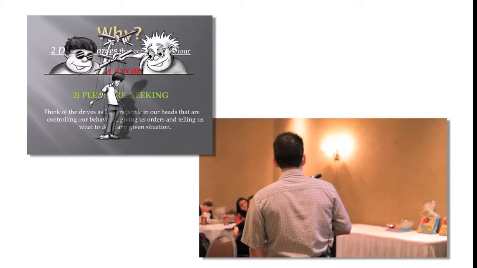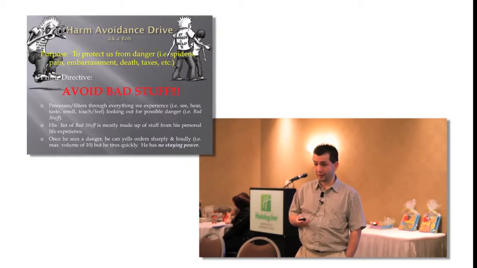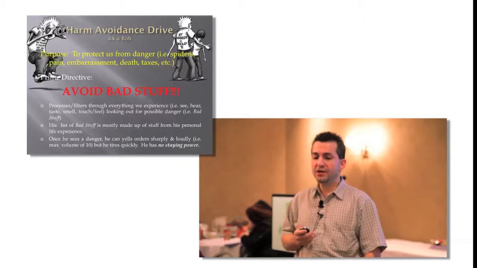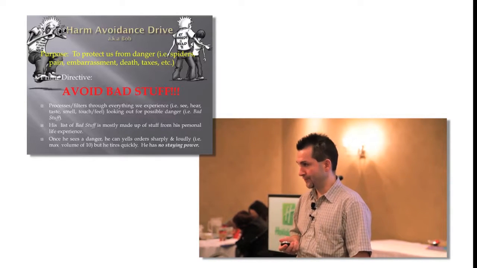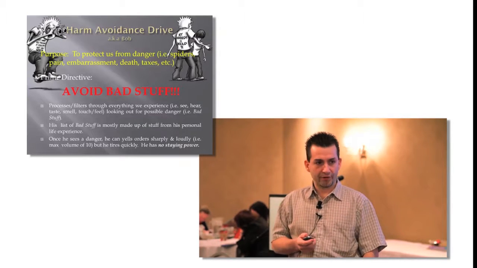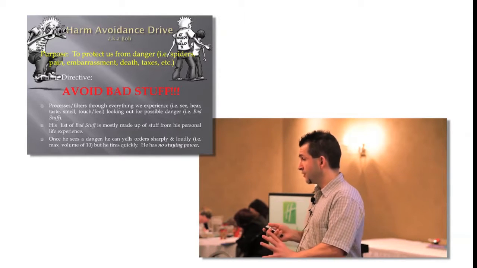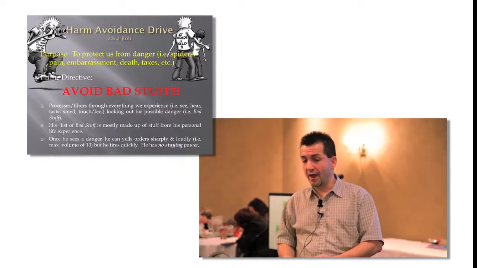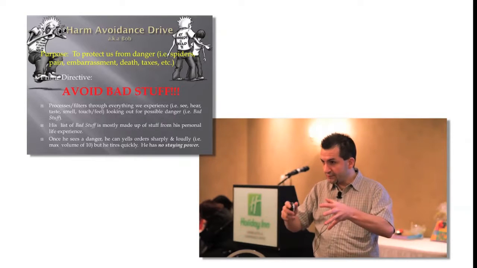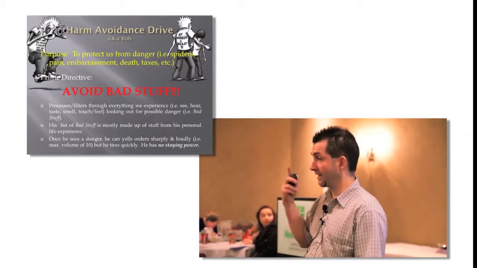So the first guy we're going to talk about is Bob. Bob is the harm avoidance drive, that neural network that exists in our brains for one purpose alone, and that is to make sure that we stay away from danger, that we stay away from the stuff that is going to hurt us. And the way that he works is by constantly monitoring the environment using the 5 senses of the body. So everything that we see, hear, taste, smell, touch, feel gets processed and filtered through this recognition unit. And Bob's flipping through all this information looking for bad stuff.